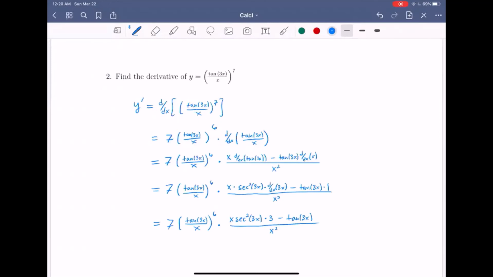I don't know if there's much way to simplify this, so I'm just going to leave it as is. You can't cancel the x here and the x here. Why not? Because there's no x in this term over here. So don't do that. In order to cancel things, you have to factor them out of the whole top and whole bottom. Okay, so here were 2 examples of problems involving multiple rules at once,